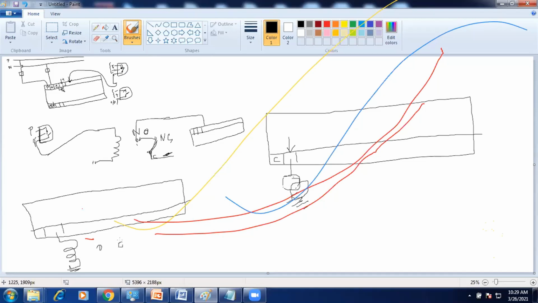Normally open, normally closed, and then common. Whatever the output voltage of the output device is, that will be given into the common pin. So if it is a 30 volt motor, 30 volt will be given in that common pin. This is the normally closed connection.